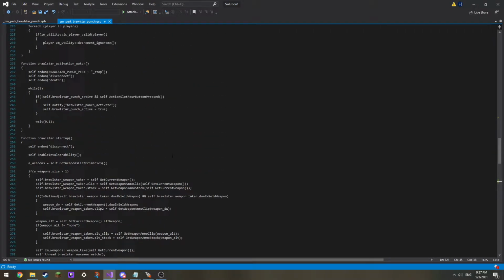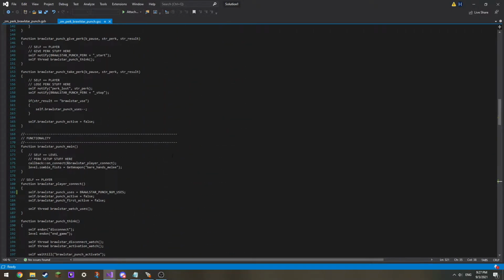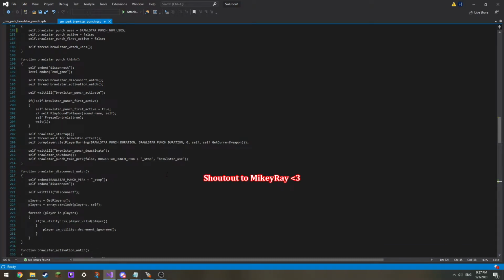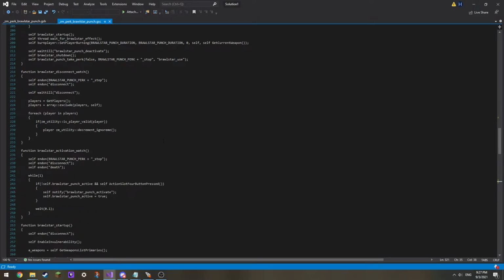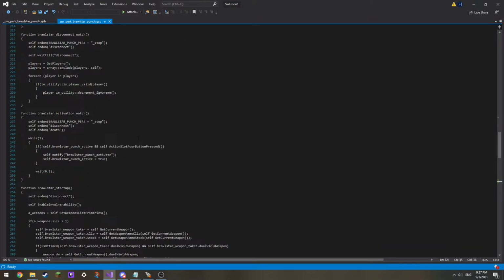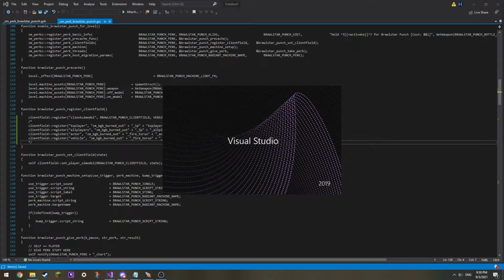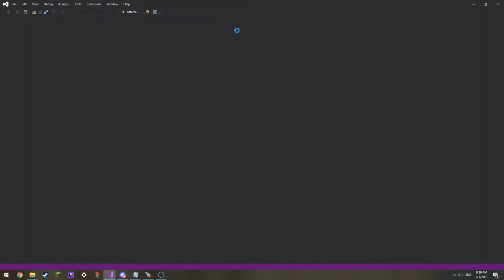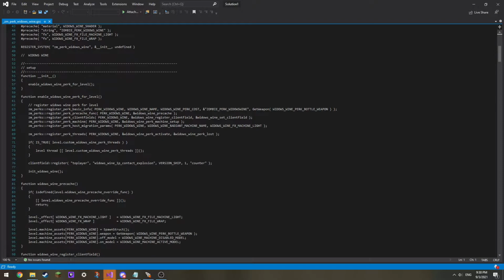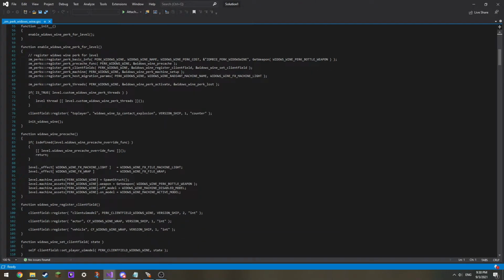Someone has sent me the scripts for burned out the Gobblegum, and I requested them because I wanted to make it so that when the player gets hit by a zombie, it applies the burnout effect. This is just going to be so that it's just a cool effect, I think. Widow's Wine handles what happens when a player gets hit by a zombie, and that is something that we're going to need here. I don't have all of the Gobblegum scripts, and I'd rather handle it the perk way,